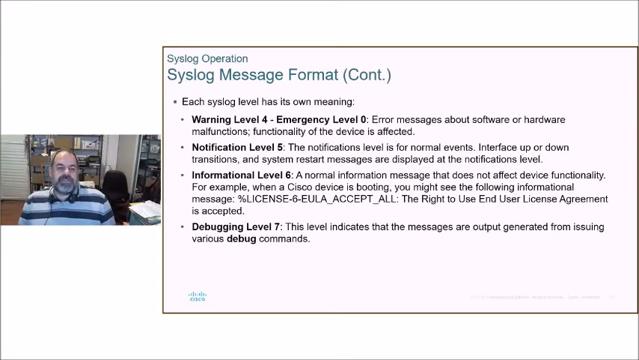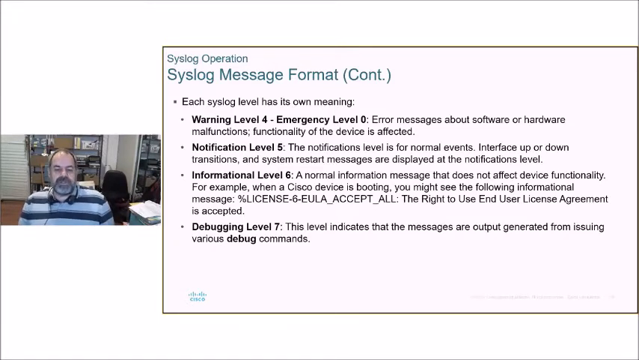Each syslog level has its own meaning. Warning is level 4, an emergency is level 0, and error messages are about software or hardware malfunctions where the functionality of the device is affected. Level 5, the notification level, is for normal events, such as interface up or down transitions. System restart messages are displayed at the notifications level. Informational is a normal information message that does not affect device functionality. When a device is booting, you might see the following information: